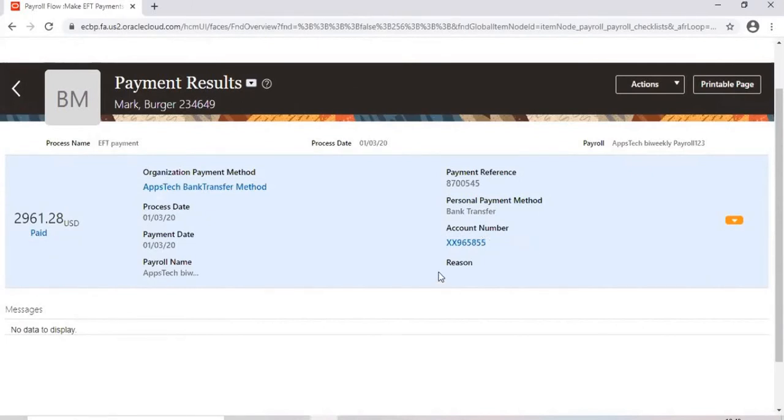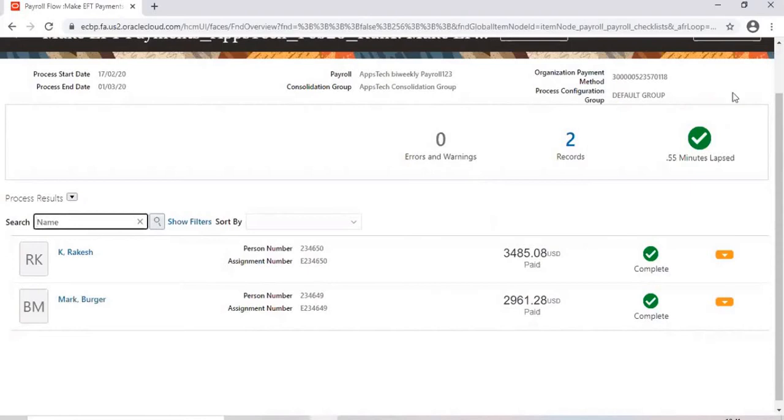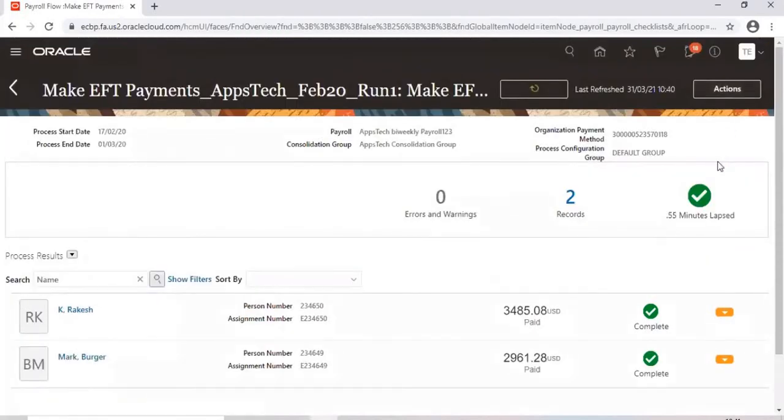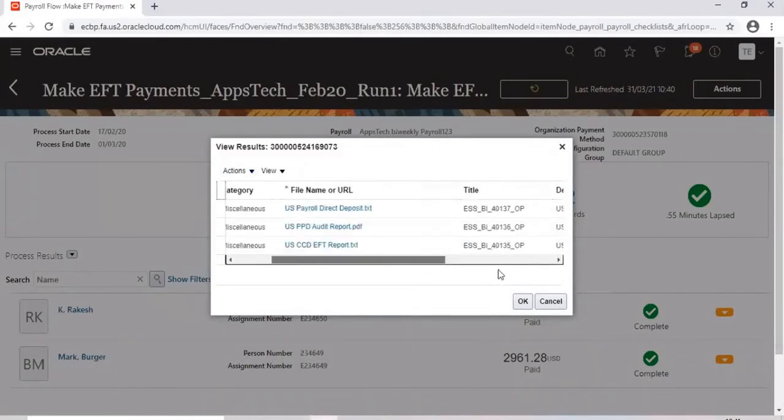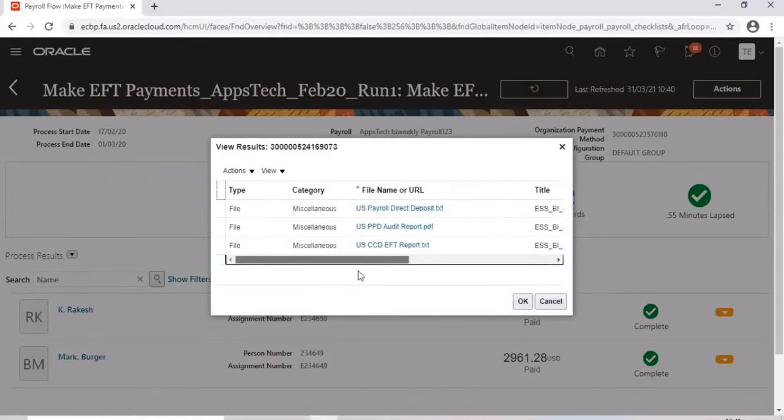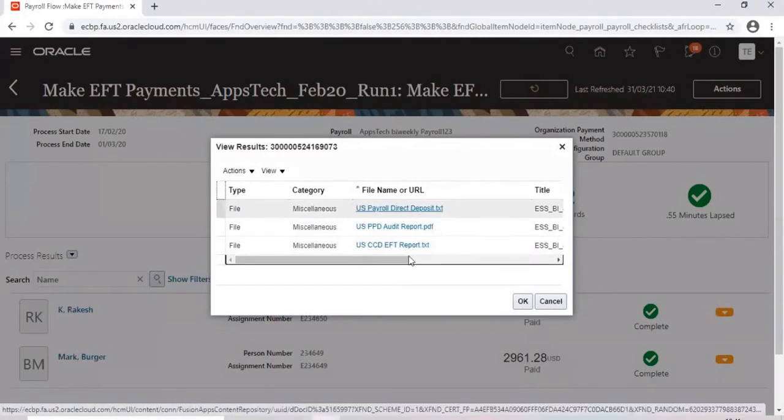So usually a file will be generated. That file will be transferred to the bank or depending on the requirement. So you can go to actions. You can go to view result. You see here, reports will be generated. This is what I'm talking about. So how many reports do you have? EFT report, audit report, payroll direct deposit report. If I click on that,